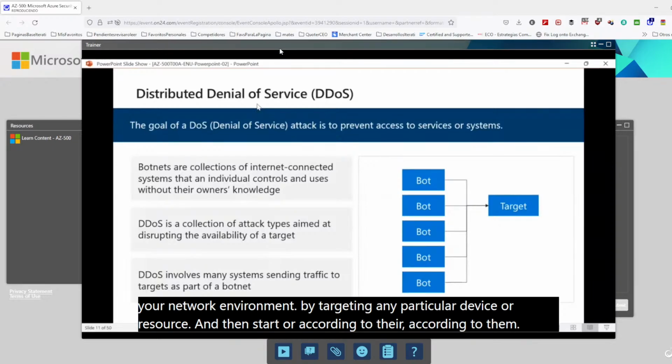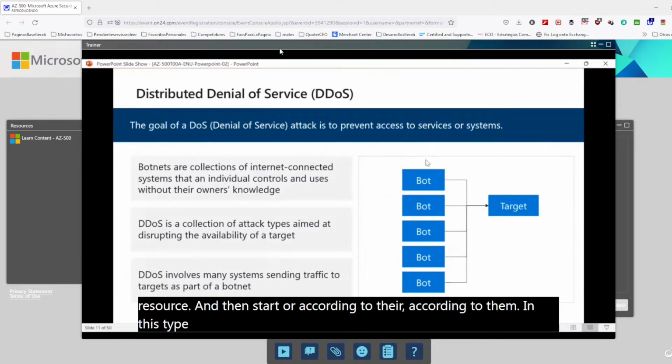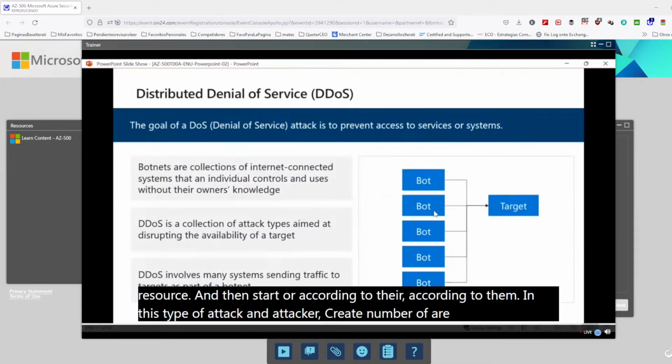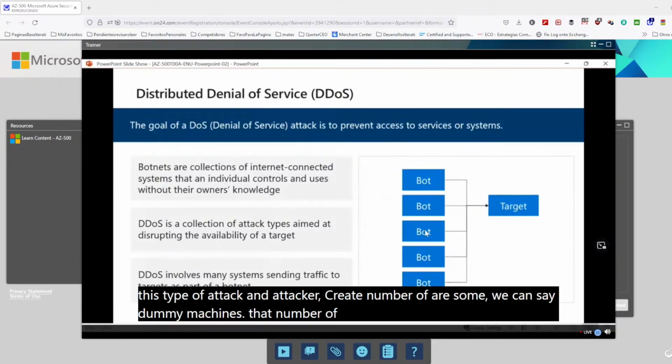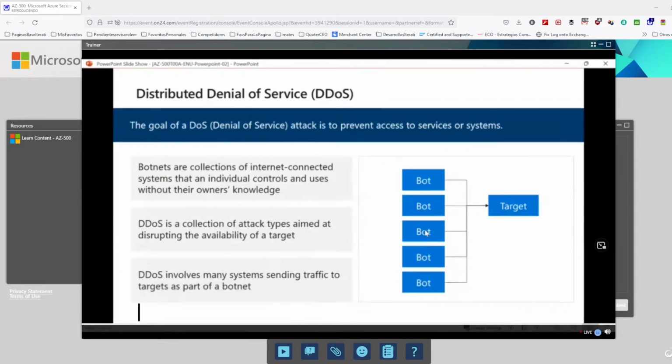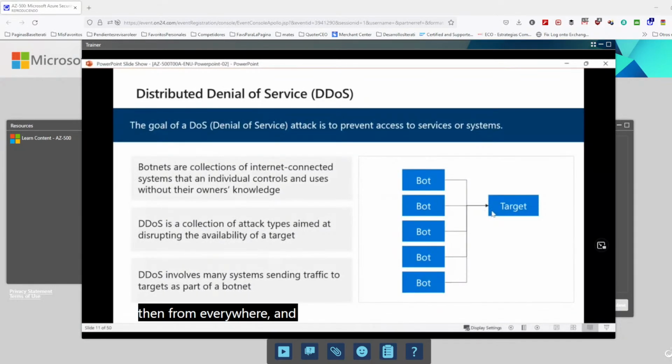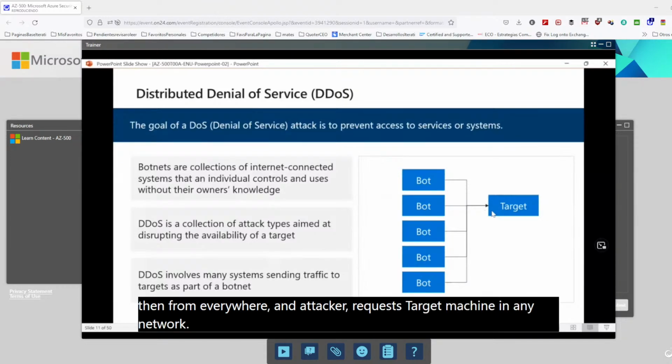In this type of attack, an attacker creates a number of bots. Bots are, we can say, dummy machines. So that person creates a number of dummy machines, and then from everywhere the attacker sends requests to the target machine in any network. If the attacker is successfully able to gain access, then that attacker is going to make that network very busy. Suddenly the utilization of that network increases because of this attack,